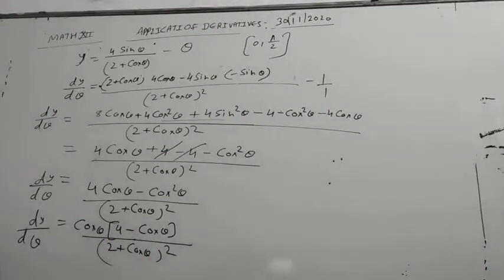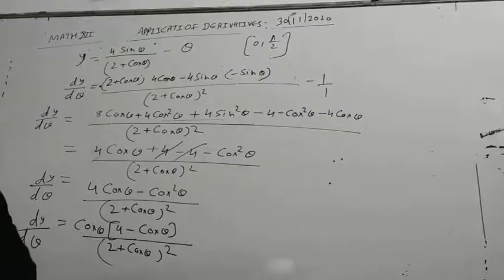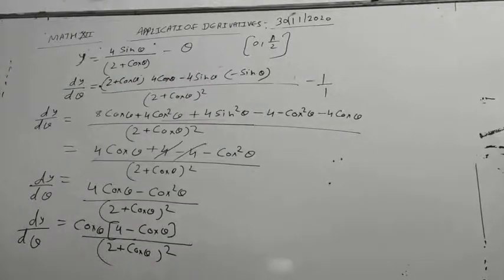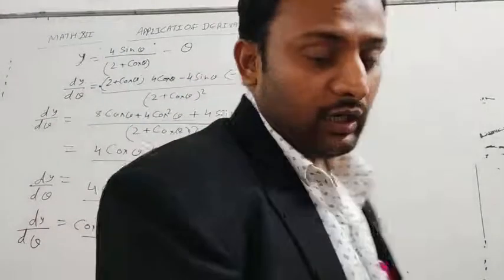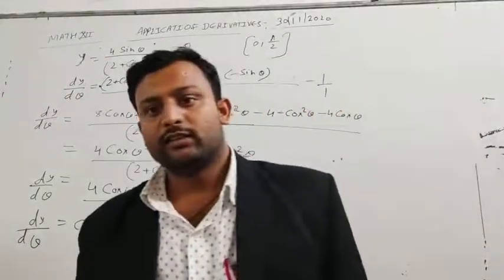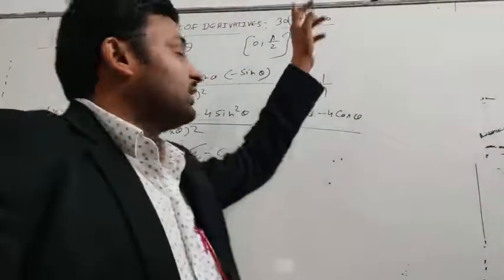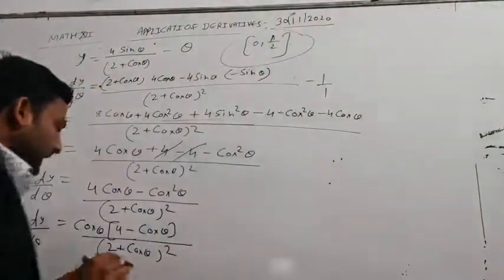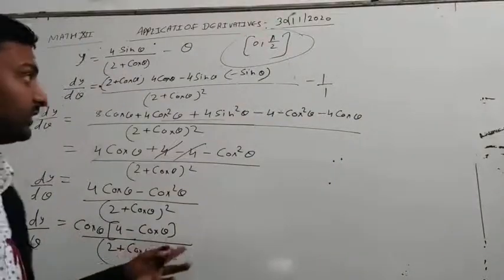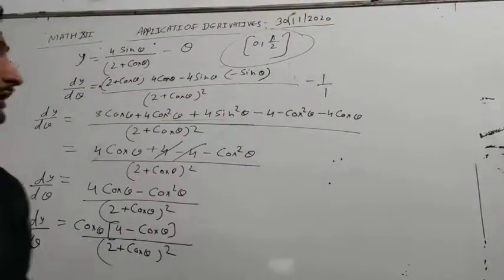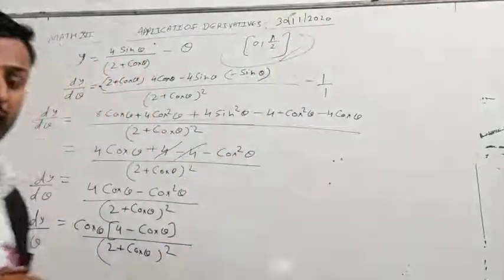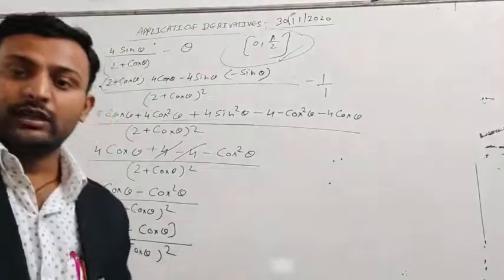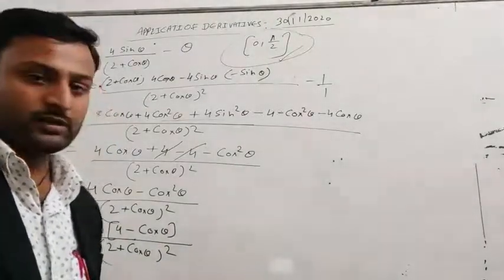Now we have to say that in this question, prove that this curve is increasing in this interval. So you know that for a curve to be increasing, our f dash x should be greater than 0, and here the interval is given. So our f dash x should be greater than 0 in this interval. So let's check our f dash x is greater than 0 or not in this interval. So this is first quadrant, 0 to pi by 2. So our cos theta is positive in this quadrant because all trigonometric functions are positive in first quadrant,